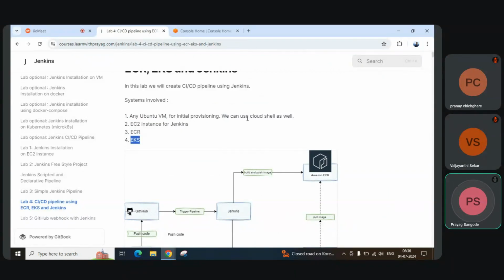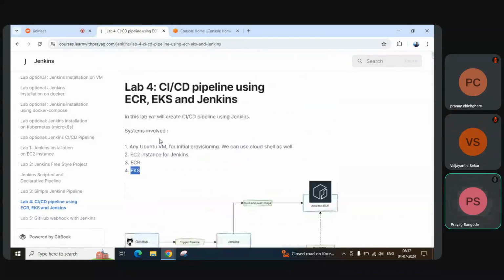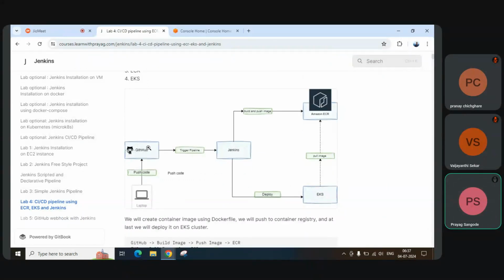So what we want to achieve: from our laptop, which we can consider as this system, or any VM, we will push the code. The code will be stored in GitHub, and it will trigger a pipeline, and the Jenkins pipeline